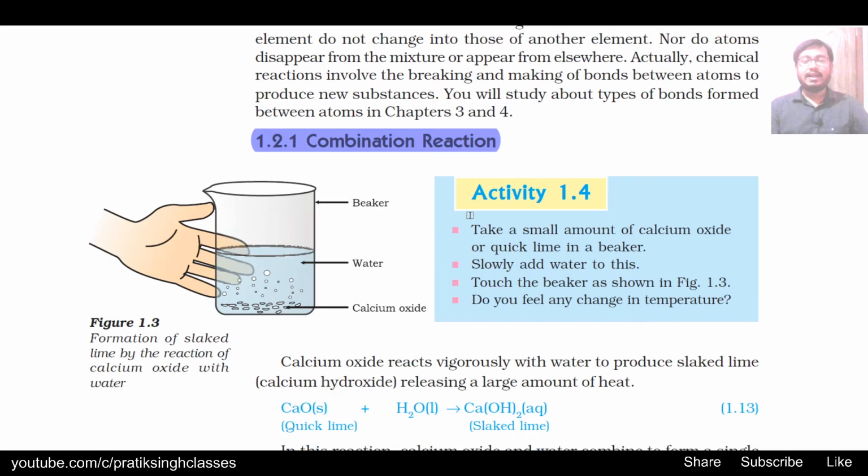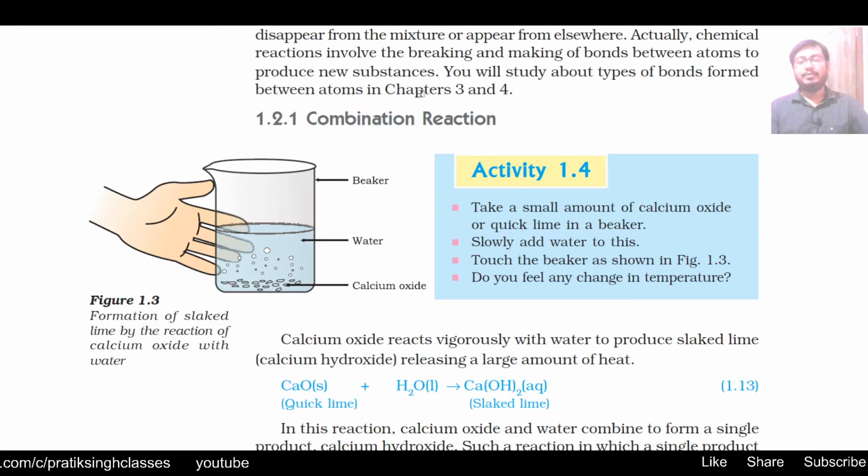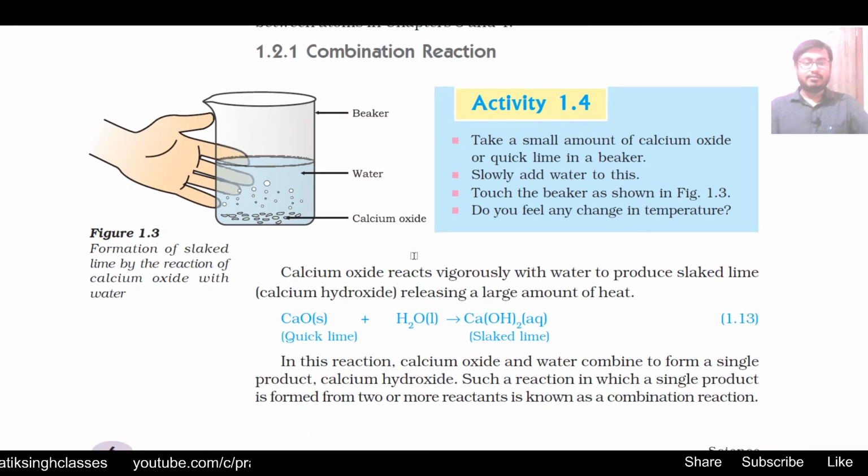As the name itself suggests, combination means something is being combined here. It means that on the reactant side you will have two or more compounds, and they will combine together to form a new compound, or rearrange the bonding and make a new compound. Fine. First let us see figure 1.3, formation of slaked lime by reaction of calcium oxide with